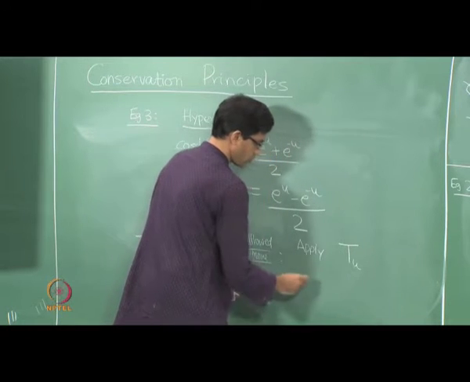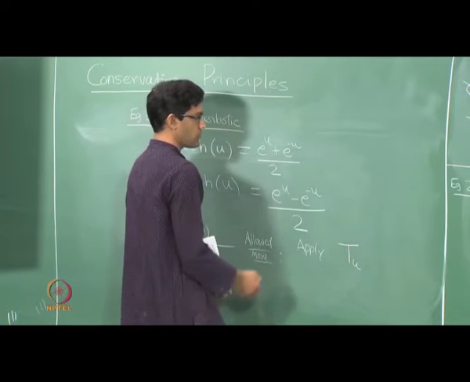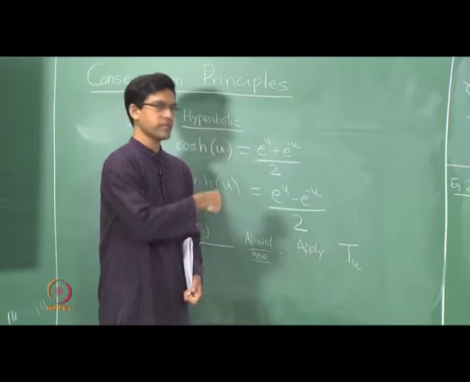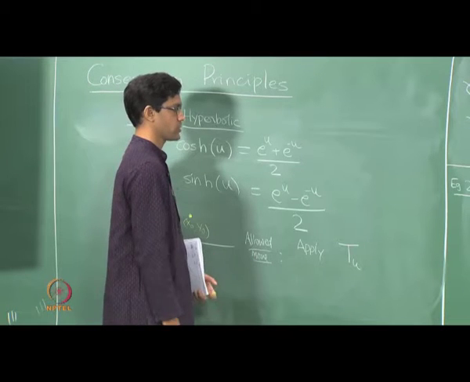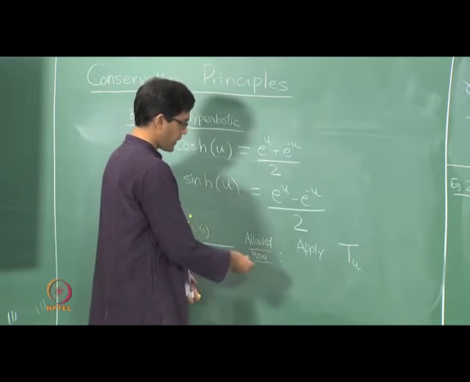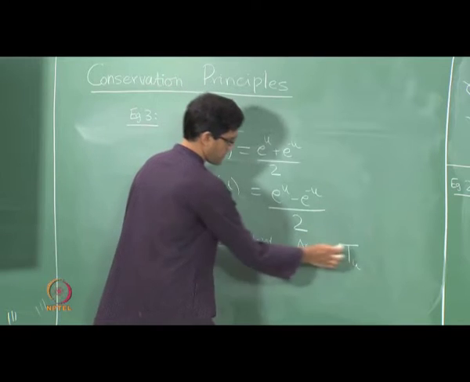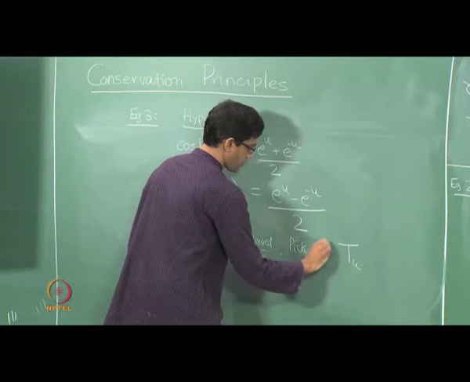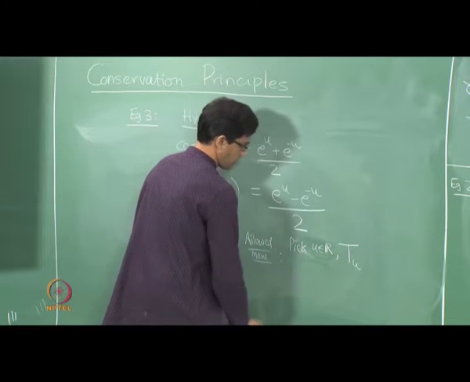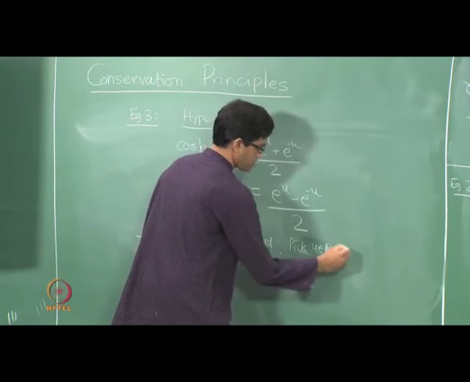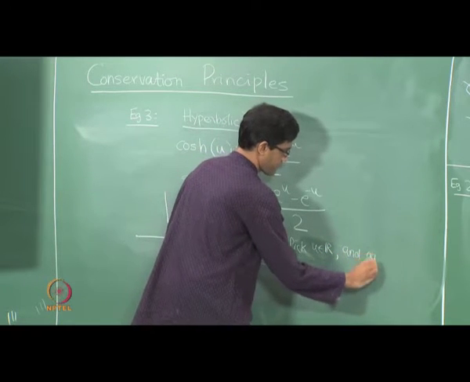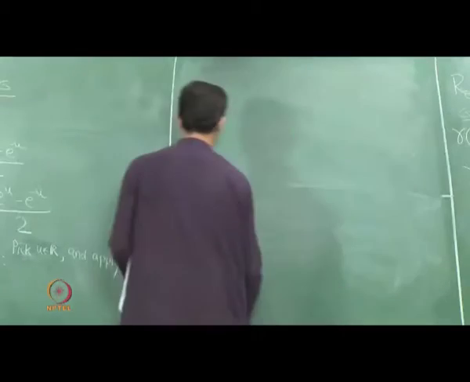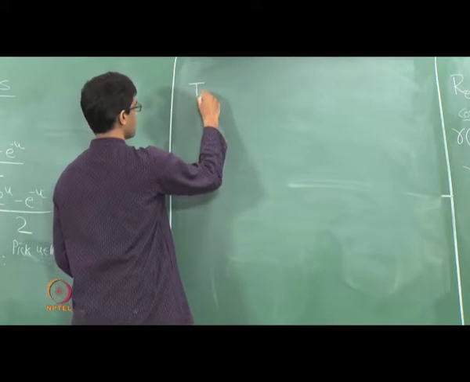Okay, so you pick u, you pick a real number u, just as in the earlier example, what is the allowed move? You pick an angle theta and then you rotate by the angle theta. Okay, you apply the transformation which is rotation by theta. Similarly here you pick a real number u and then you apply the transformation T_u which I will just describe. So pick a real number u and apply the following transformation. So what is this? Just like in the earlier case, here's the definition of T_u.